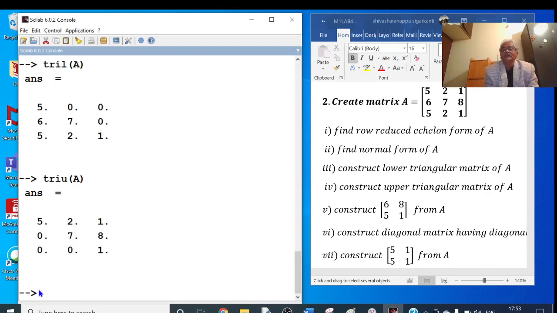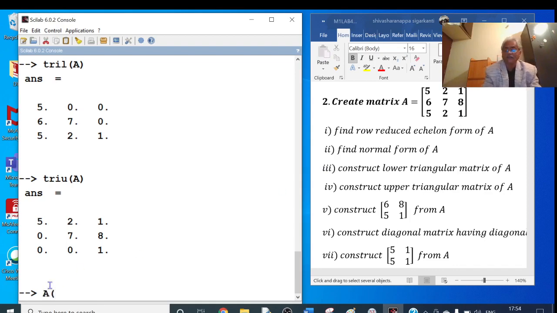Construct 6 8 5 1, that is a 2 by 2 matrix. See, if you observe this matrix here, 6 8 5 1. That means I have to take second row, third row, and first column, third column. Okay, let me try.